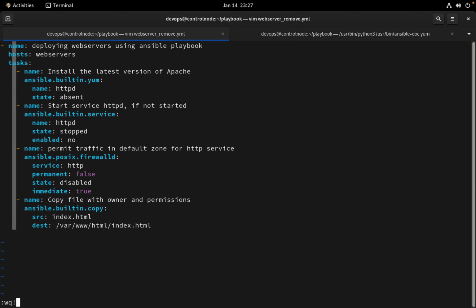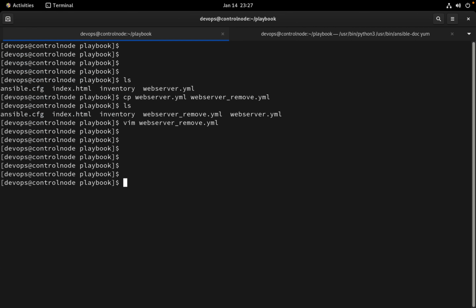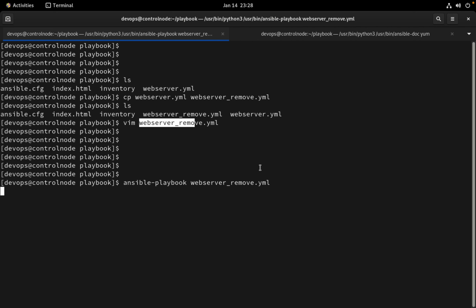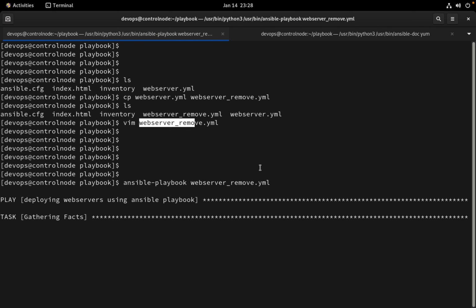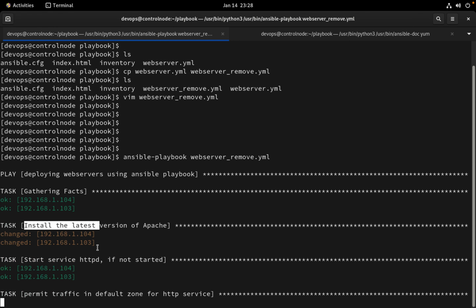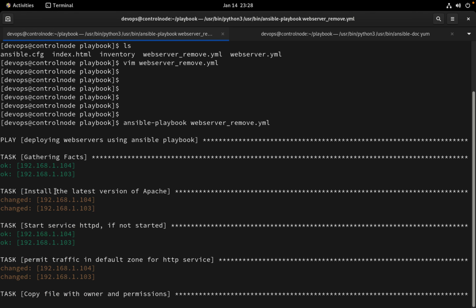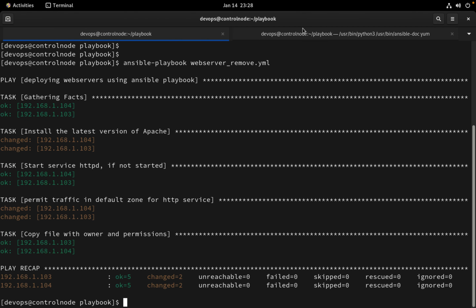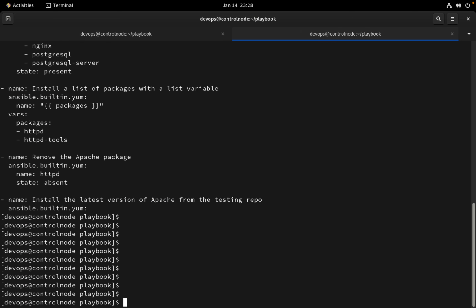right, and save the configuration, and now run the playbook web server remove. So ansible-playbook web server remove.yaml. In the comment I still have kept the older name, so that's the old comment, but actually it is uninstalling. To verify whether the packages are uninstalled or not, so ansible,